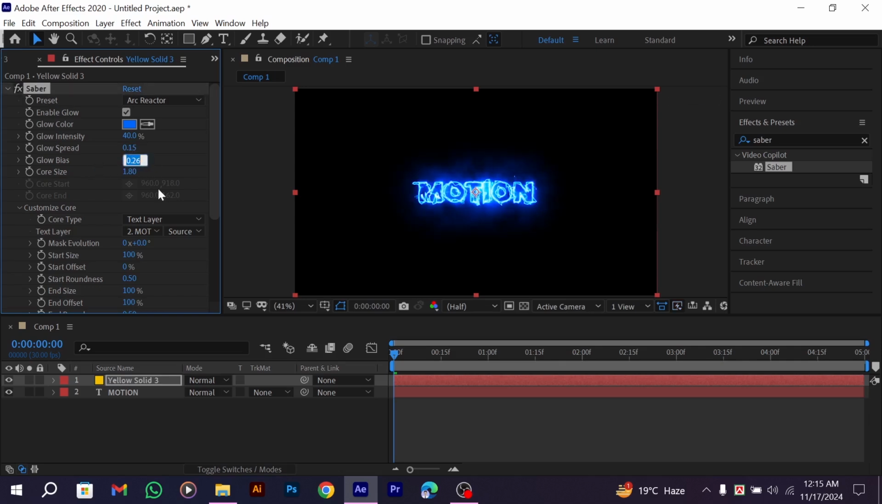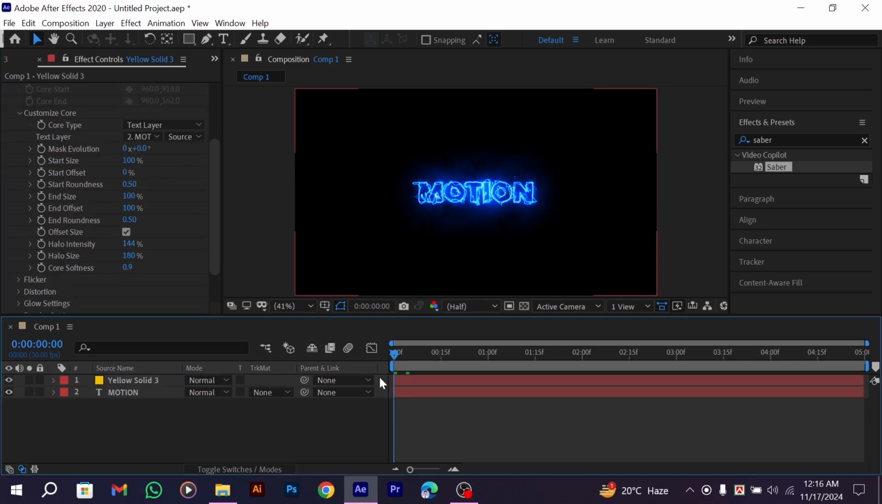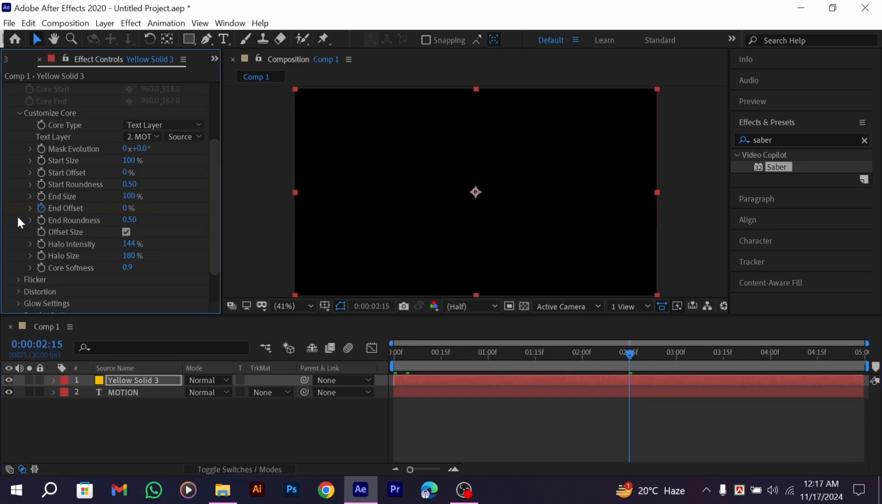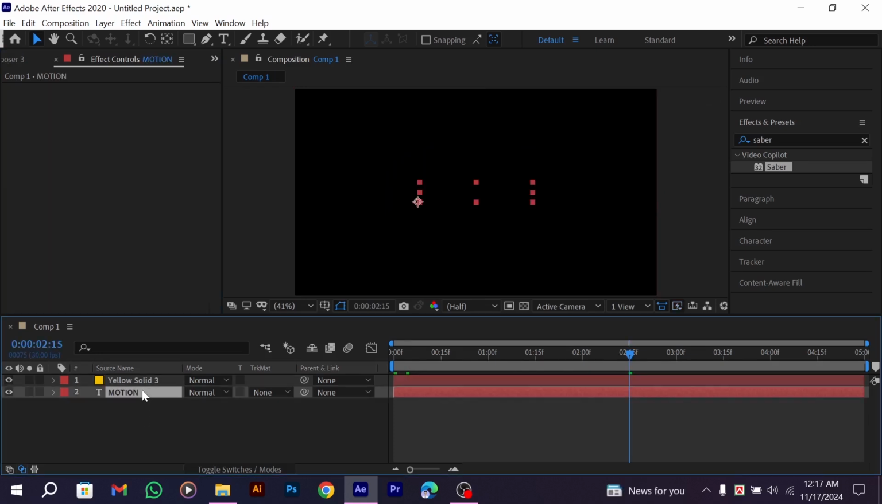Glow bias will be 0.25% and core size will be 1.30%. Now click on the solid layer and go to 5 frame later and click on the end offset. Go to around 315 frame later and go to around 215 frame later and set the end offset value 100 to 0%. Now select the text layer and press Ctrl+D to duplicate the text layer and select the duplicate text